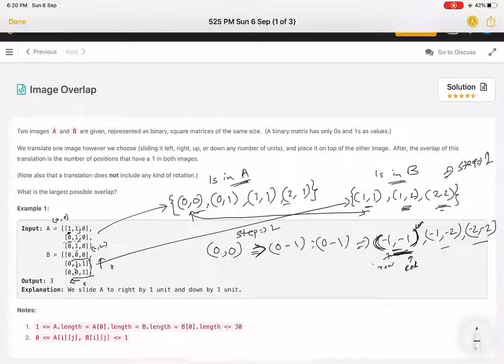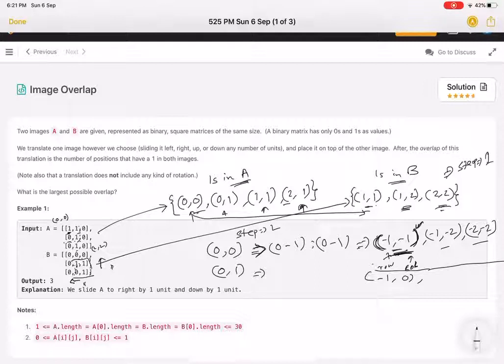If we continue doing that for this and this, let's see what we get. So 0 1, if we compare this with all the elements here, I'll write it here so that it will be easier for later computation. What we get for 0 1 is minus 1 0. 0 minus 1 is minus 1, 1 minus 1 is 0, and then 0.